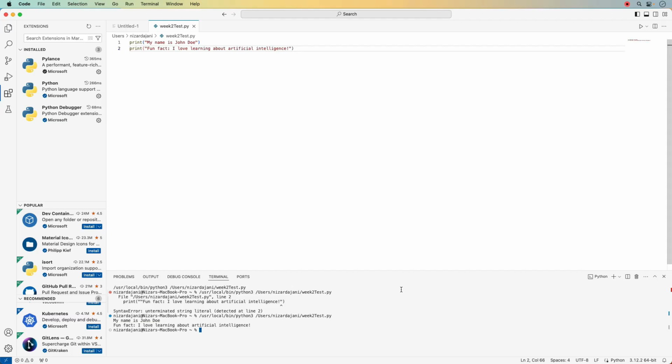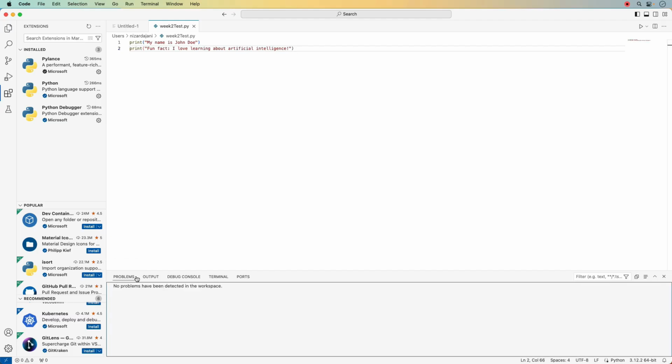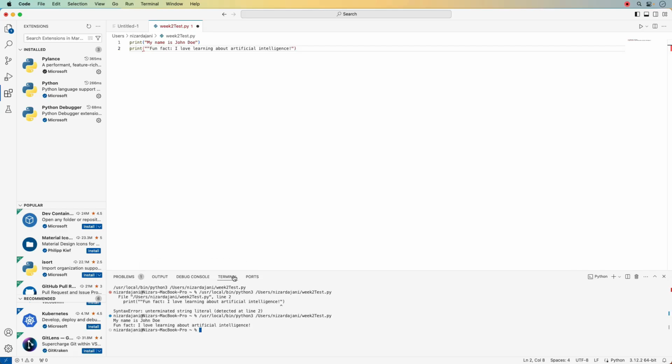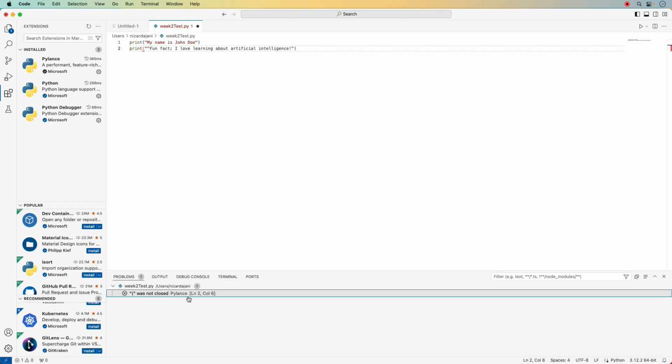Now down here there are a few other tabs. Problems: I'm not sure if you paid attention, but when I had this error, next to problems it had a 1. So if I didn't pay attention to the error, but I look on the left side, I see problems is 1. When you click on it, it's going to tell you exactly what the error is. It's going to tell you the line number and the column. Once you fix it,